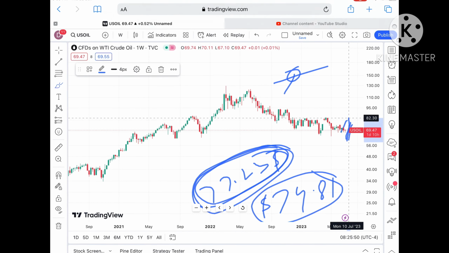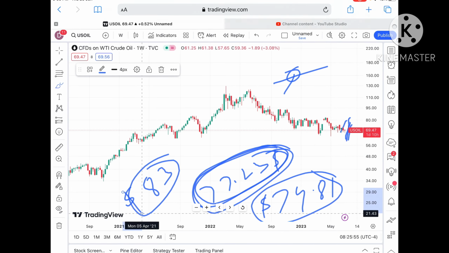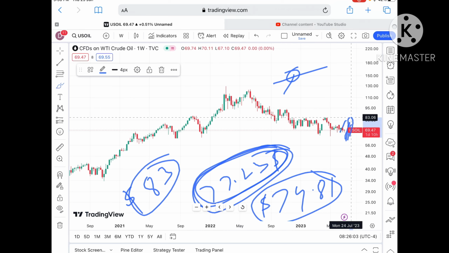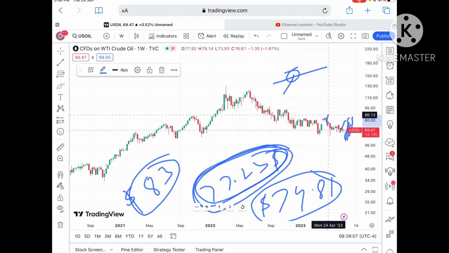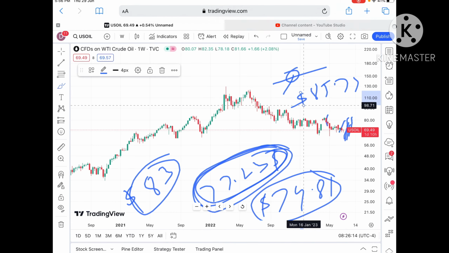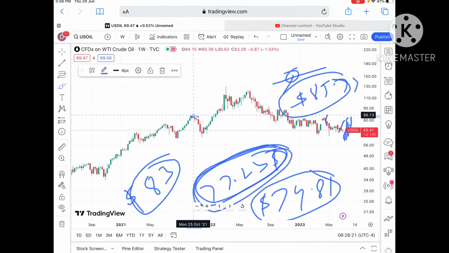If the price sustains above that level, it can cross that zone, and a probability of touching 83 is there. If the price sustains above $79, chances of going towards a level of 83 are there, and if the price moves above that level, it can cross $83.43. Because that is already a weak resistance, chances are high it can touch a level of around $85.74. $85.74 is a strong resistance, so if the price sustains above 85.5, we can see it go further upside.